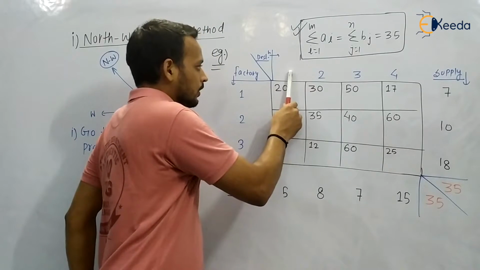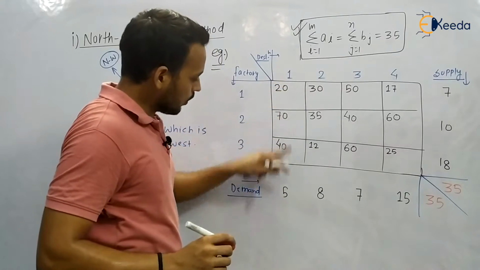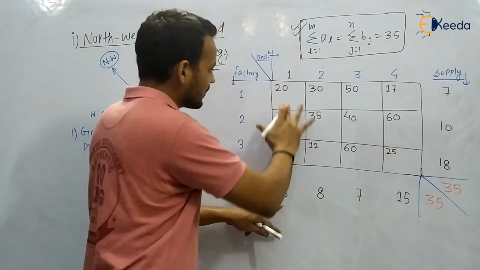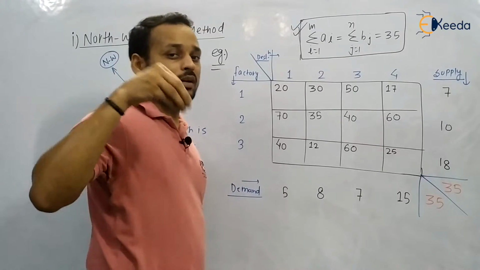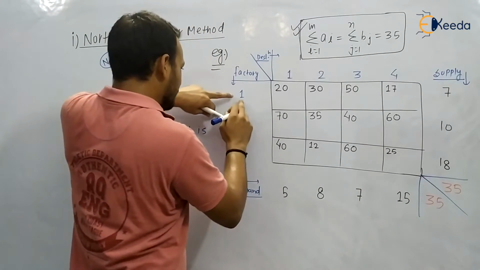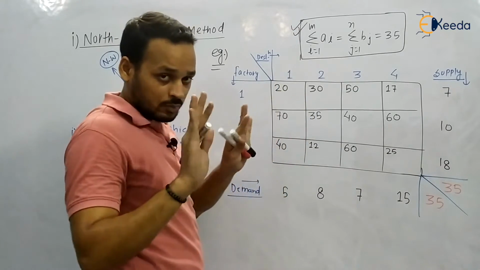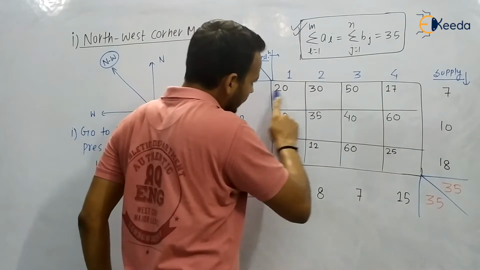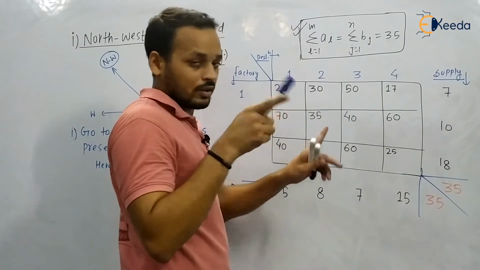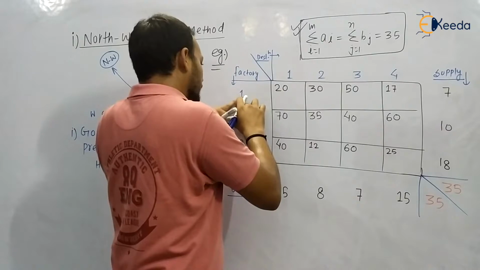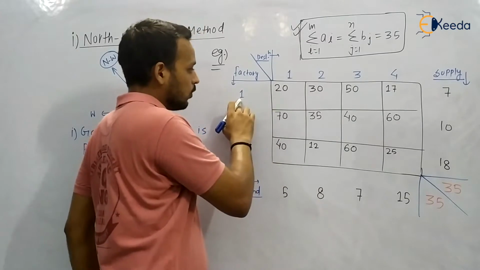Look at this, destination 1, the first cost is 20, and this destination 1 requires 5 units. So we have to supply 5 units, and before supplying the 5 units we have to see whether this factory can supply them. We can supply here from factory 1 only. We cannot supply diagonally; we have to supply either horizontally or vertically, like this or like this, no crossing. So we have to look at whether factory 1 has 5 units or not. We can see that the total number of units with factory 1 is 7.